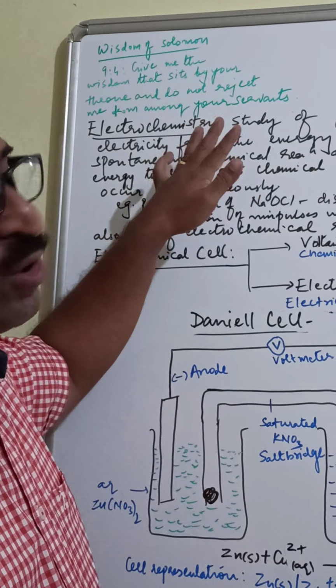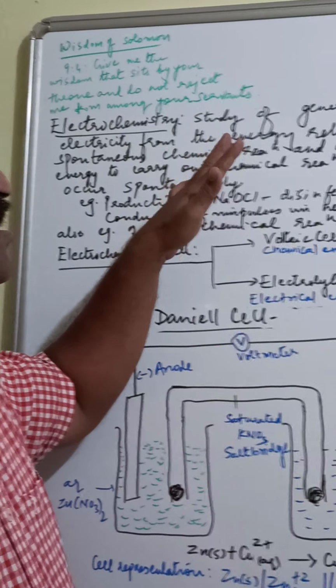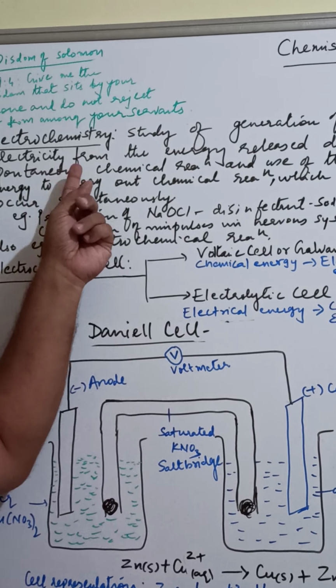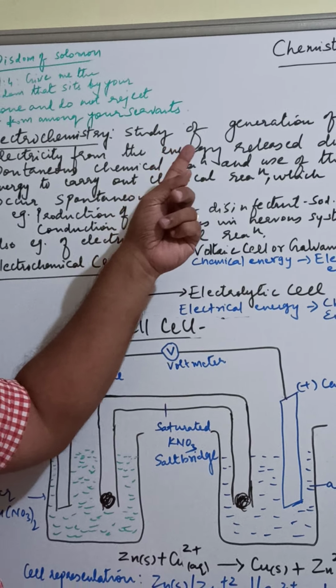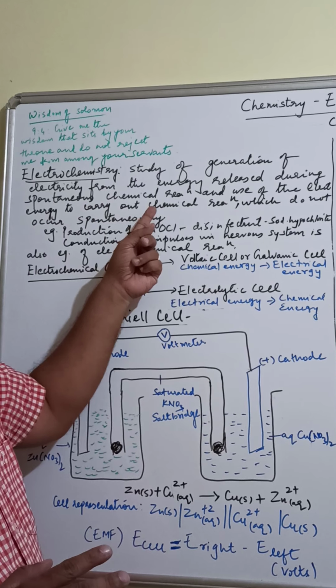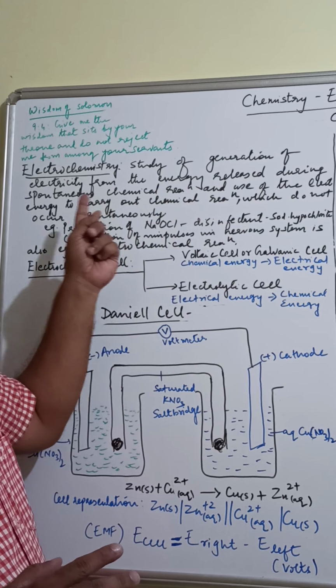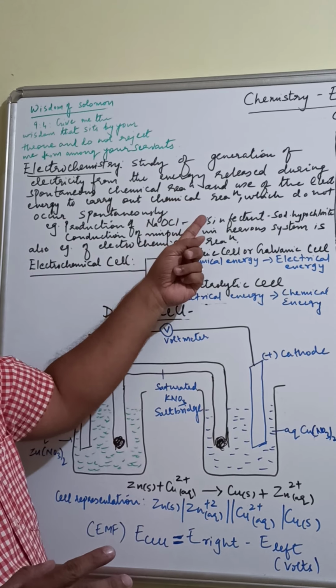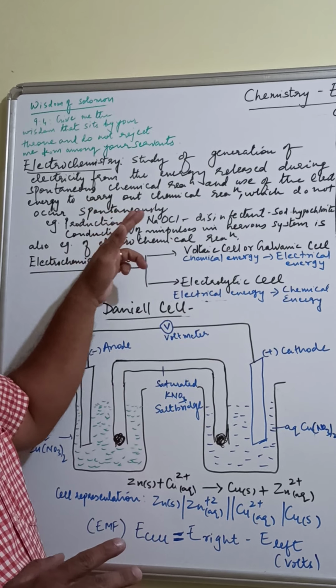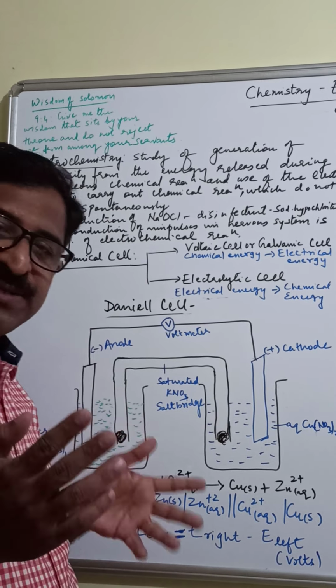Now here, when I talk about electrochemistry, the definition is study of generation of electricity from the energy released during spontaneous chemical reaction and use of the electrical energy to carry out chemical reaction which do not occur spontaneously. Now say for example,